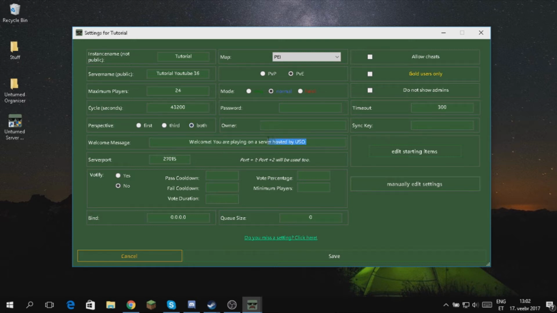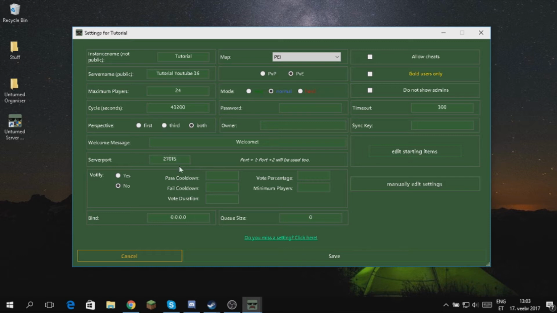Now you can put a welcome message. When you join the server, this will pop up in chat for you. I'm gonna just put welcome. Server port.